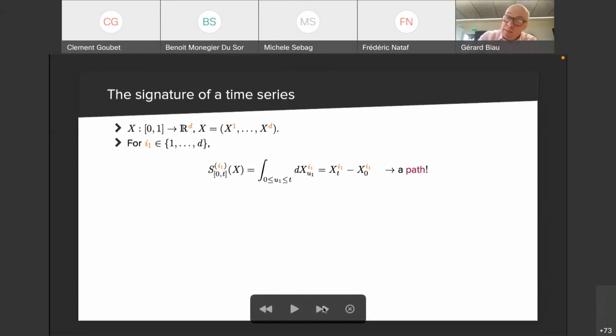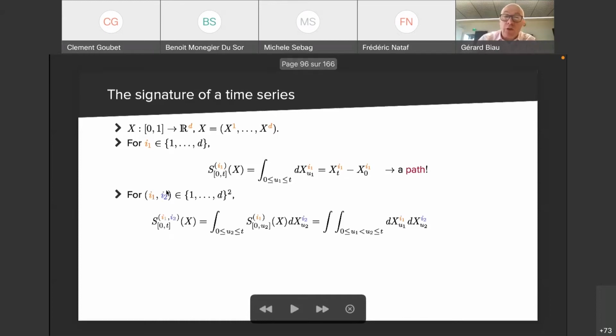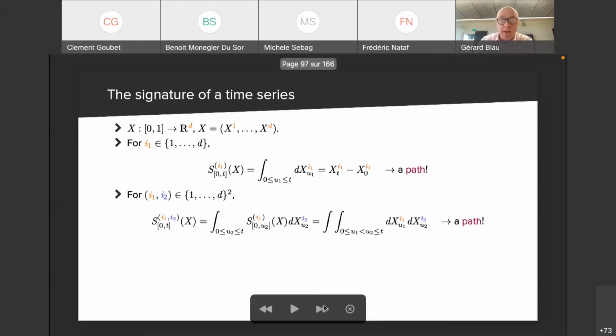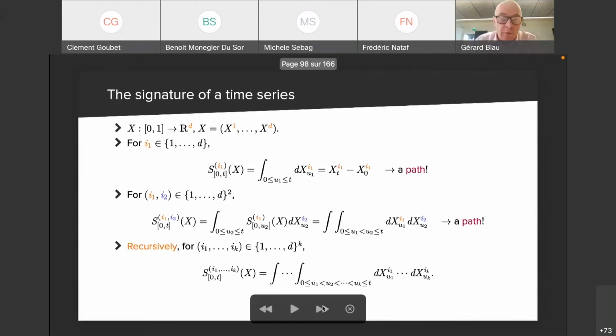And so you can play the game again. You can take now a second coordinate, a2, and look at this coefficient there, which is going to be the path pertaining to the first coordinate integrated against the second coordinate, the x2. And then play the game. It's very easy to compute. That's what you have. And it's between 0 and t, and it's a path again. And you can play this game forever, and for each k-tuple of coordinates, you have a coefficient, which is just the following